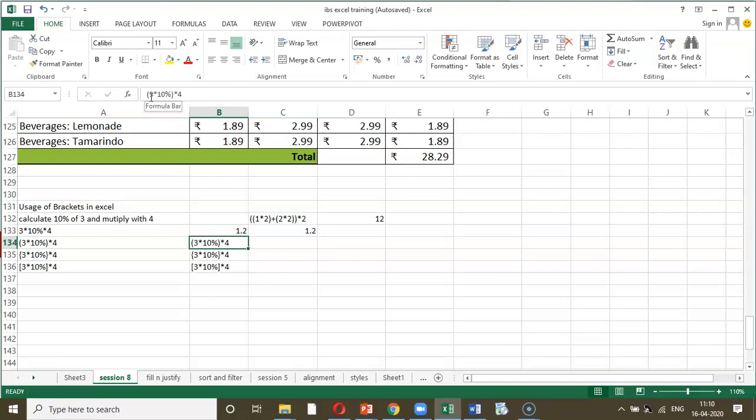Here I have used the round bracket. So does my formula work with a round bracket? Let me check. Yes, the formula works with the round bracket. Let me check with the flower bracket. Can I incorporate a flower bracket while doing a formula?